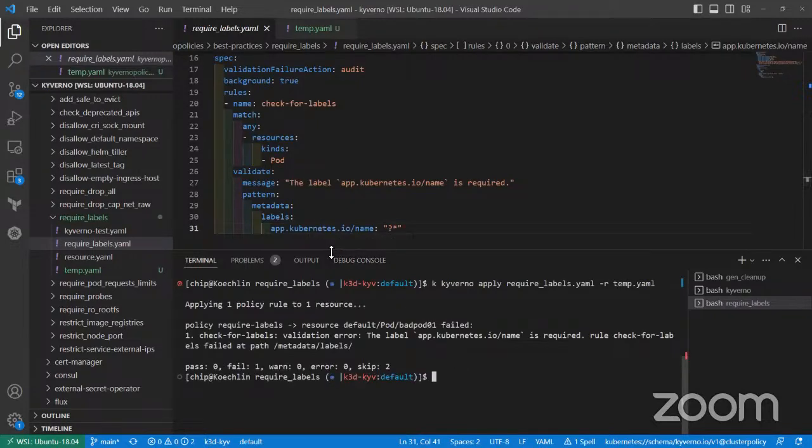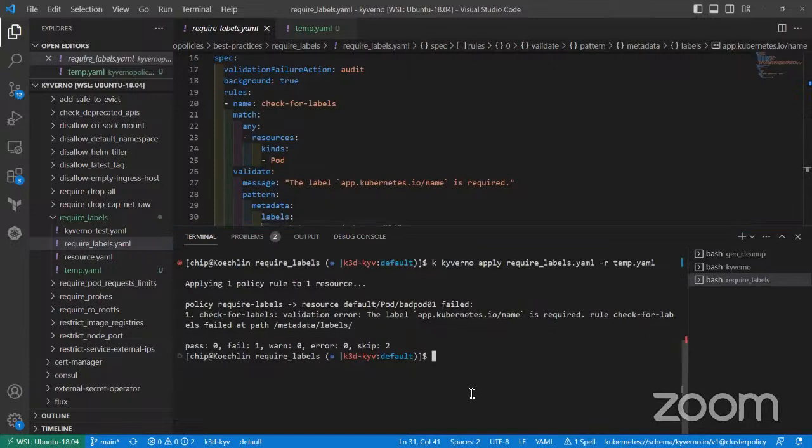All right, and so we can see very simply here, here's the output that we got. So it's applying one of the policies to one resource, and here's the result of that. So it told us here that the validation failed, and there's our message that's in the policy. And at the very bottom, we can see if we're passing multiple ones, we can see what the result of this is. Now, we see the fail one, which is what we expect for a pod, but the skip two,